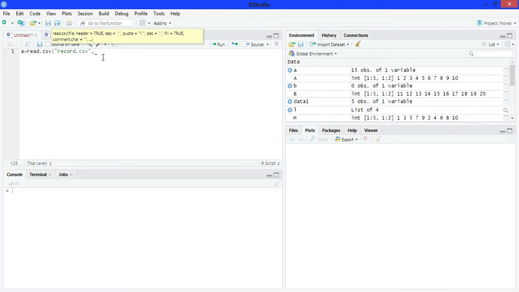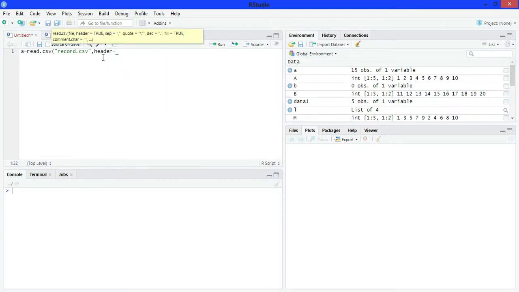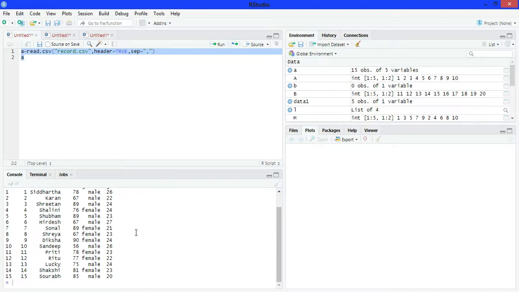Now write header is equals to TRUE. Write sep is equals to comma. Now run it. See, this is our file.